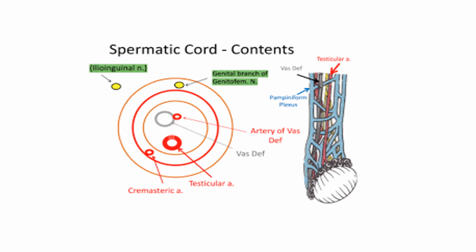Then this is the testicular artery, and there will be sympathetic nerves around this artery as well as this artery to the vas deferens, and there will be sympathetic and parasympathetic nerve fibers around this vas deferens as well. Then there is the cremasteric artery, and here you can see this genital branch of genitofemoral nerve, and the main